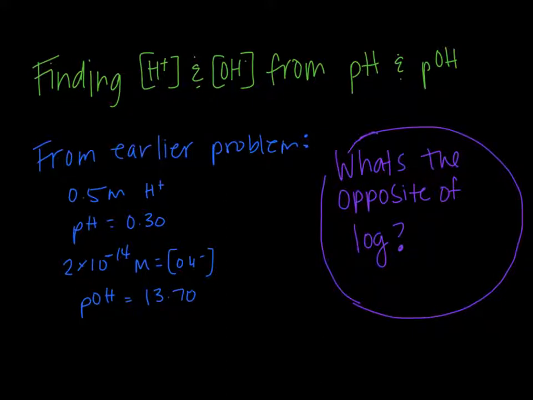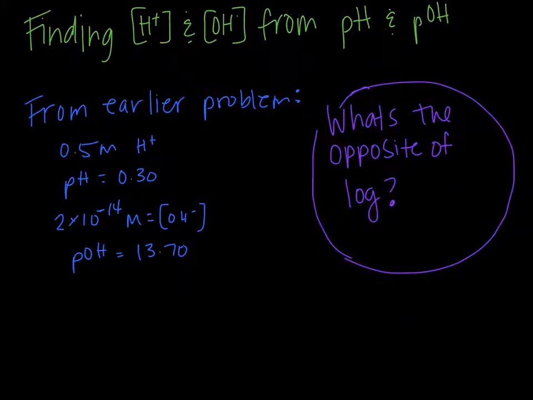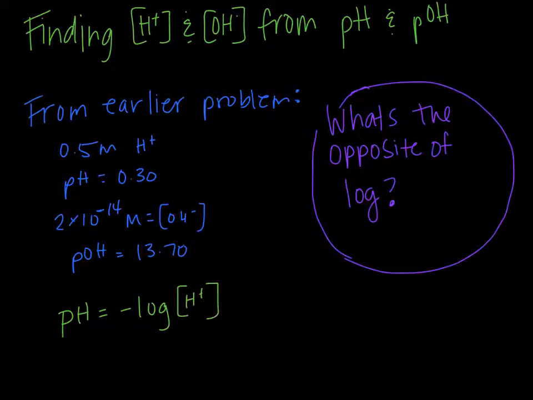So before we do this, I'm going to write down these equations. pH is equal to negative log the concentration of hydrogen. And so if we wanted to solve for hydrogen, the first thing we would do is get rid of that negative sign. So if I get rid of the negative sign, I get negative pH is equal to the log of the concentration